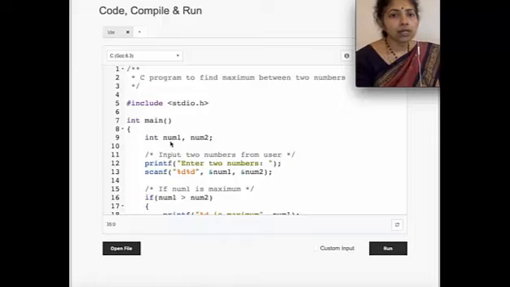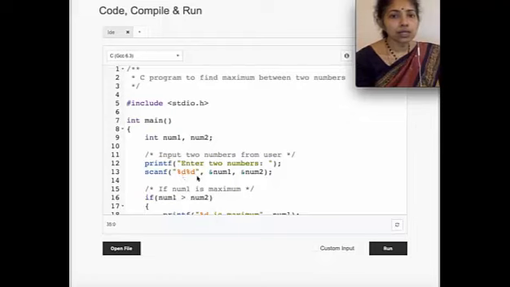Here I am declaring two integers, num1 and num2, both of type integer. You are communicating a message on the screen to the user: enter two numbers. This dialog will be displayed on the screen, and using this scanf, which is an input statement, because I am seeking two integers, I am using two percent d's here.